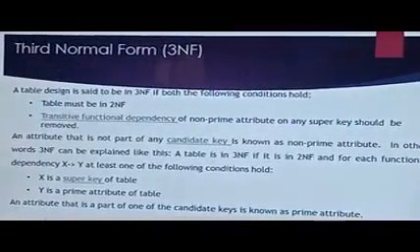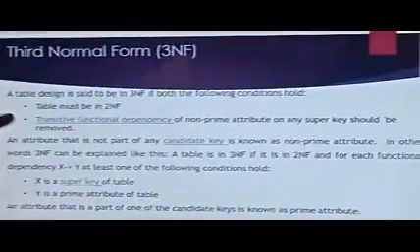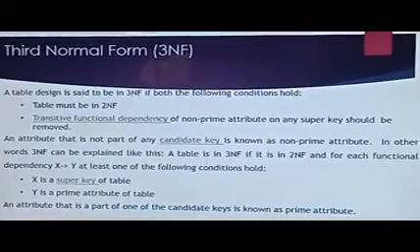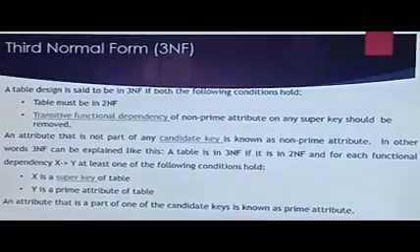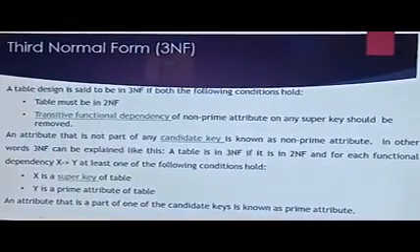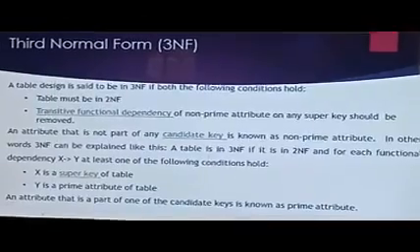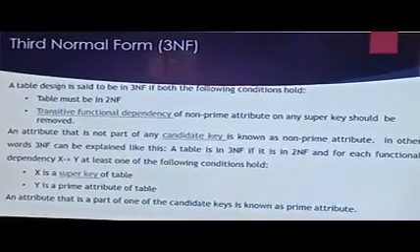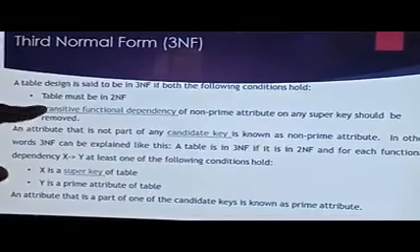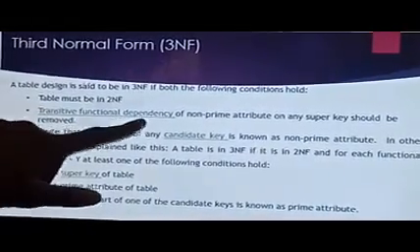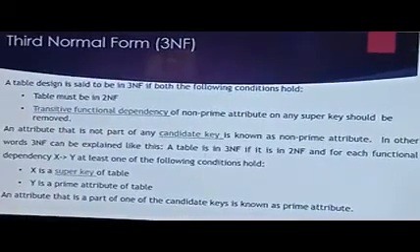And the third normal form. Here is the definition: first of all, the table should be in second normal form. And you know that for second normal form, the table should first be in first normal form, and then the thing continues. You are going to look into the non-prime attribute. Similarly, in the third normal form, the table should be in second normal form, and then it should look for the transitive functional dependency. Transitive functional dependency, very simply that.